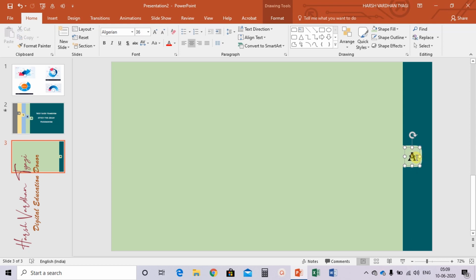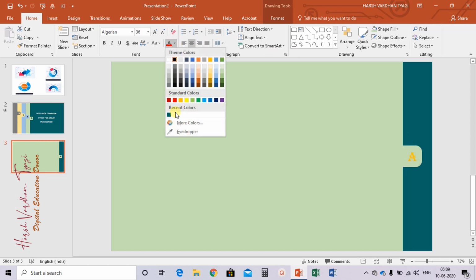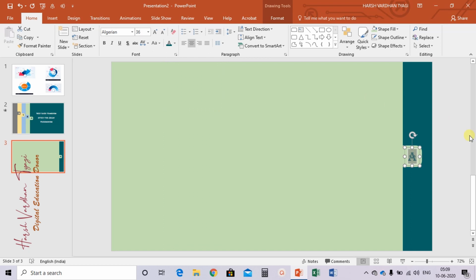After that, select a darker color for this alphabet A. This will be good. Now you need to select the rounded rectangle, the small rectangle, and the text part. Select these two and press Ctrl G to group them together.